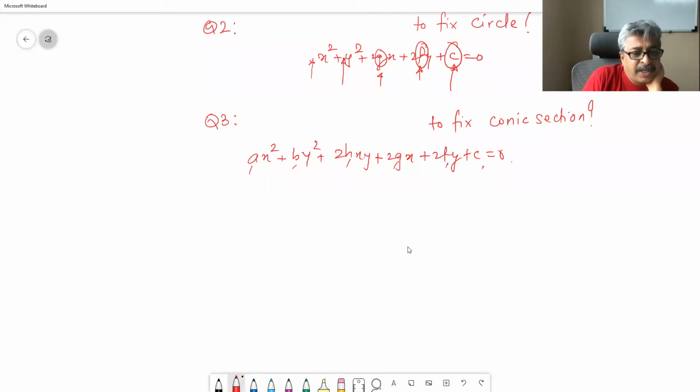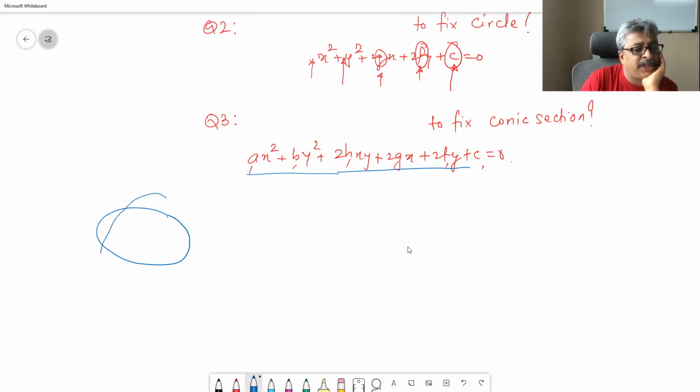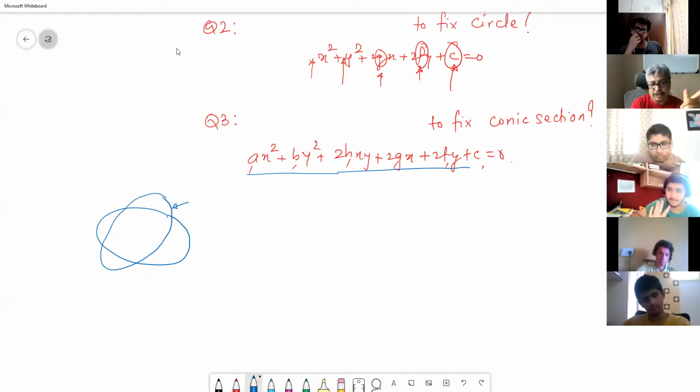Now, let me give you one conic section. It is a degree 2 equation like this. And a conic section, when intersected by another conic section, which is yet another degree 2 equation, how many points of intersection, real, coincident or imaginary, will we expect? Maximum number of points of intersection: 4,